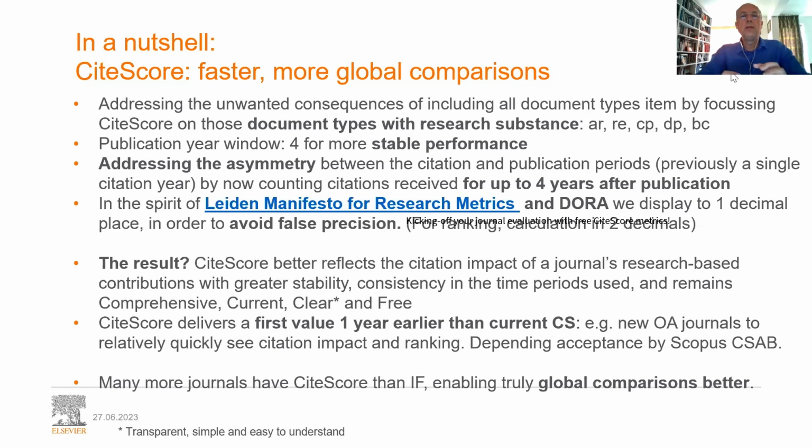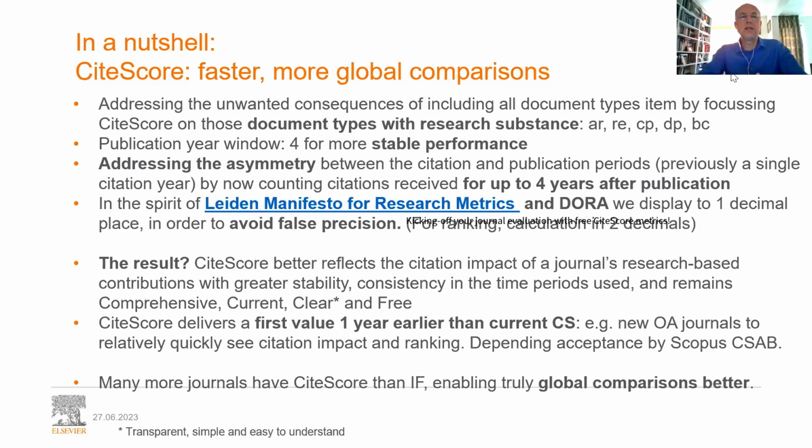In the year 2020, we slightly changed the formula of CiteScore after all the feedback we got in the first few years. And the reason for that is that we found out that there was really space for improvement, and especially if you are a new metric, you basically only have one chance to really change it, but you have to do it in the early years of its existence.